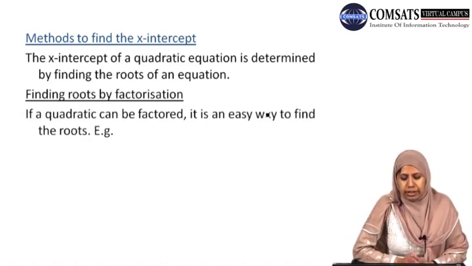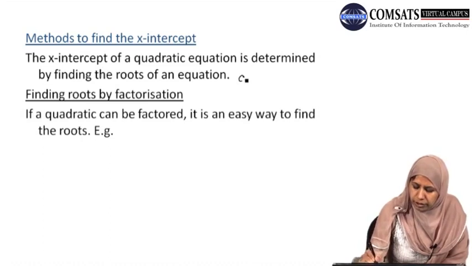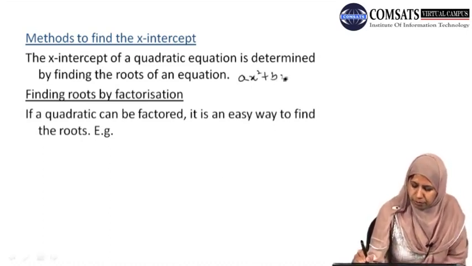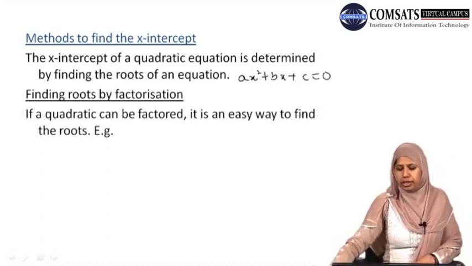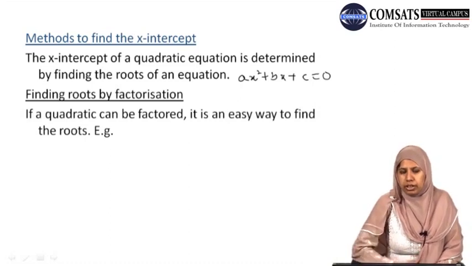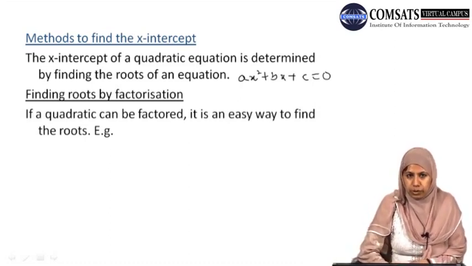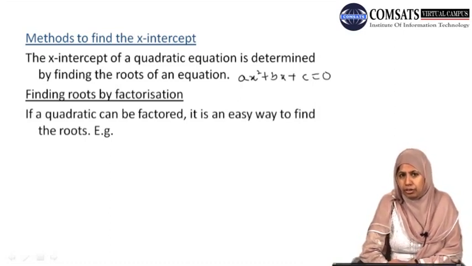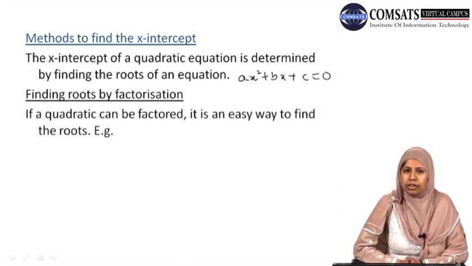I have already said that we are reduced to our equation ax square plus bx plus c is equal to 0, and to find the x-intercepts we have to find the roots of our equation, that is the values of x which satisfy this equation. And we have already done this in our chapter 1, where we have solved our second